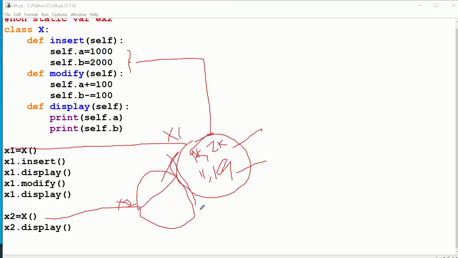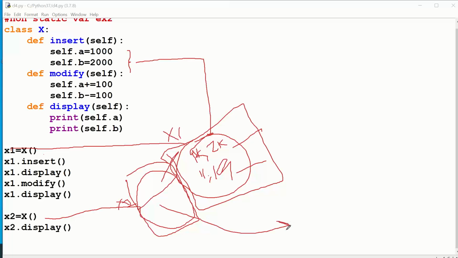Now you should forget this story. This is all the first object. Now you have to focus on the second object, that is x2 equals x, x2.display. Now tell me what is there, that is what I am asking in the program. x2.display: no values. No values means what? You are trying to see values and the interpreter is saying no values, which means error only.